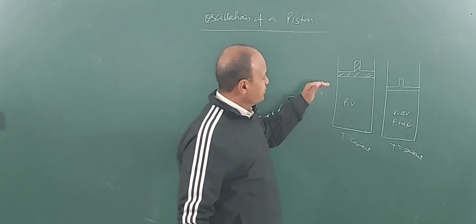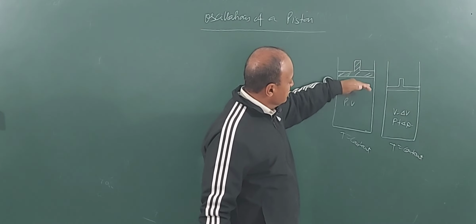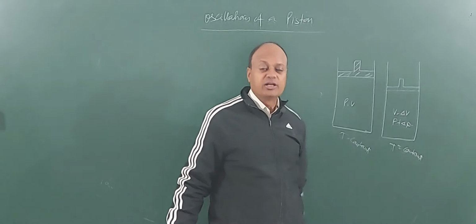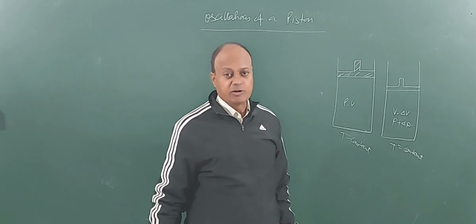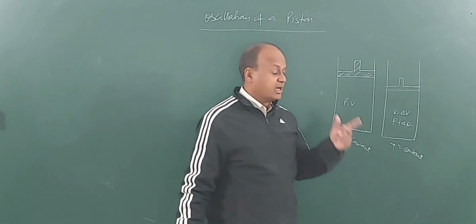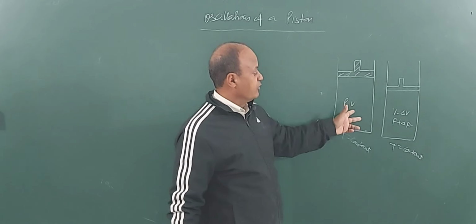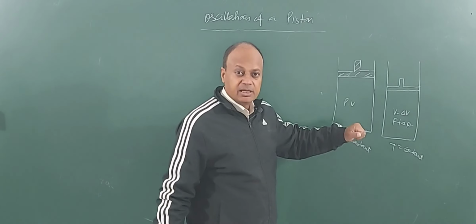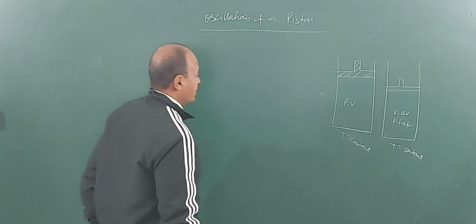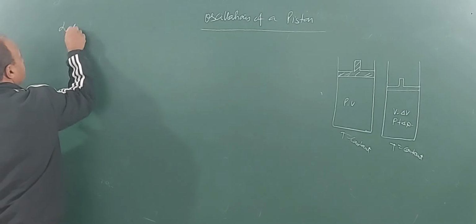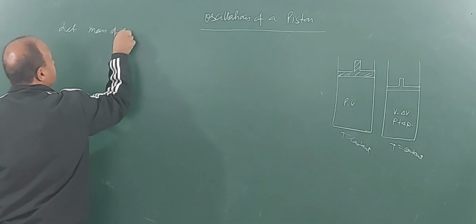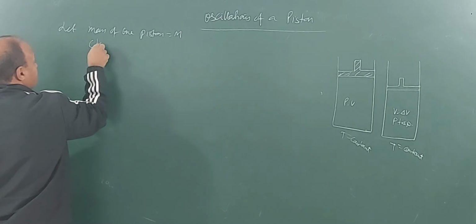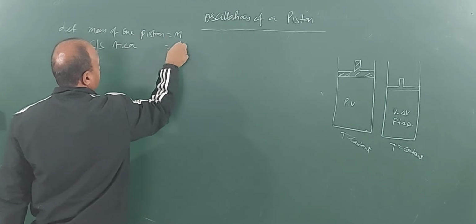So the question is, we have to show that if the piston is slightly pushed downwards and released, then it is oscillating simple harmonically, and then we have to calculate what will be the time period of oscillation. Clear? We know initial pressure and volume. We also know the mass of the piston is m and the cross section area is A. Here I will be writing, let mass of the piston is equal to m and cross section area, CS area, is equal to A.